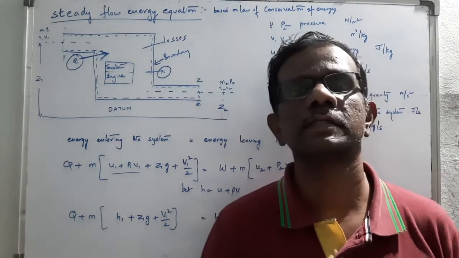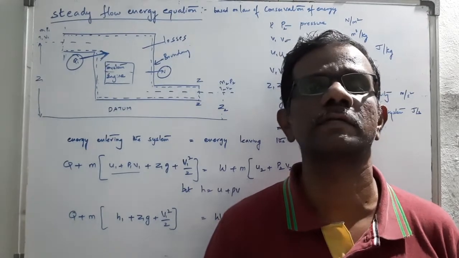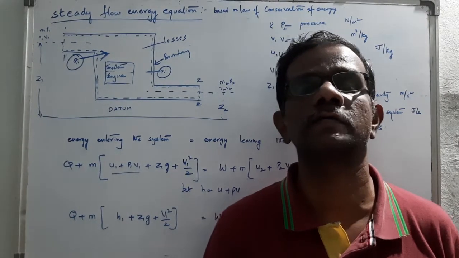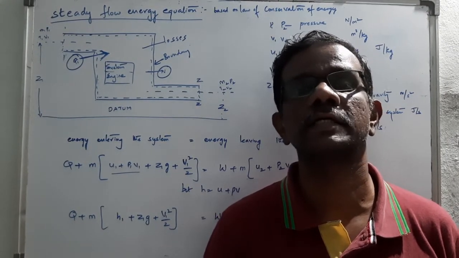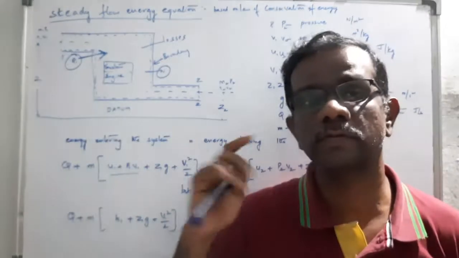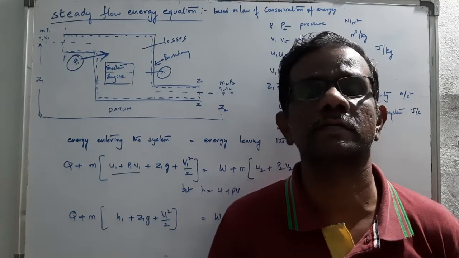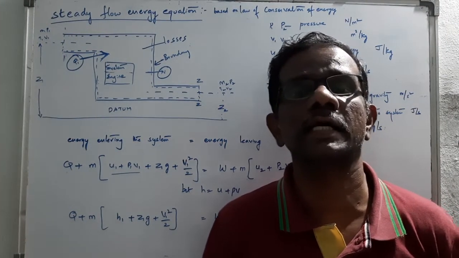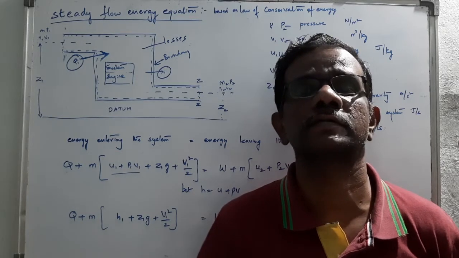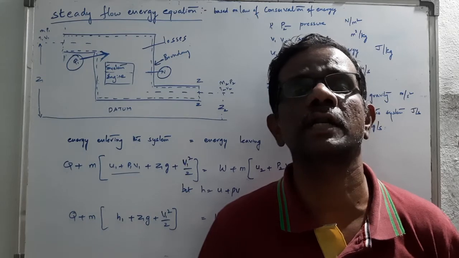Yesterday we started unit 2 regarding applied thermodynamics. In that, we have seen what the first law of thermodynamics is, and James Joule demonstrated one experiment showing how work is transferred to heat. I already showed that through the PPT, so go through that video. In that class, we saw how the cyclic integral of work transfer is equal to the cyclic integral of heat